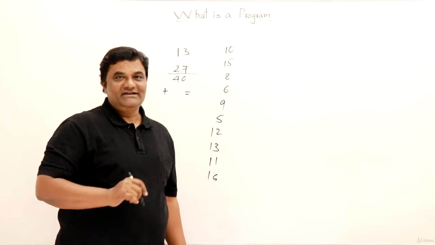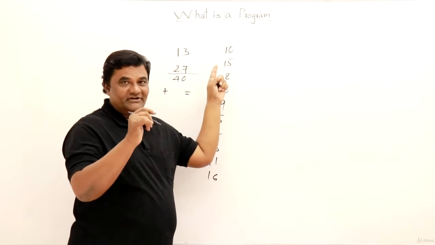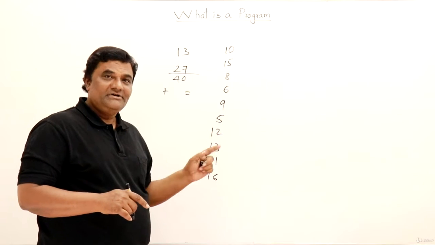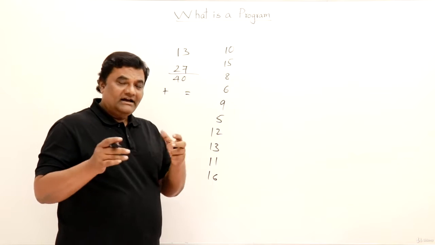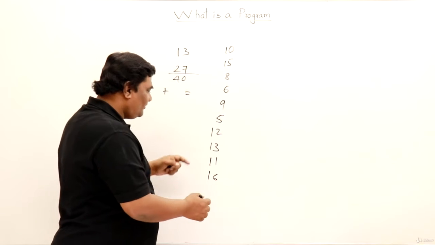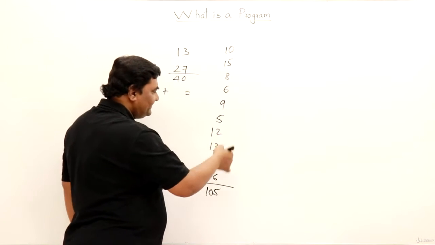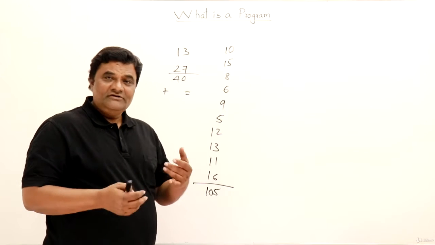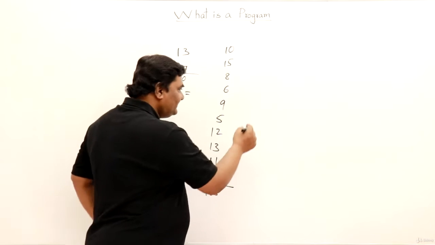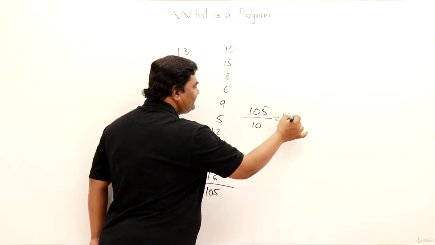Then how to use a calculator? Now watch it. I have to enter 10 for the first number, then plus the next number, then plus the next number, plus the next number. I have to go on adding them, and that sum will keep getting accumulated. So finally, I'll get the total of all these numbers, like the total is 105 for these numbers. Then I should also have the count of numbers. In total, how many numbers do I have? 10 numbers. Then that total I should divide by 10. Then I get the result, that is 10.5.